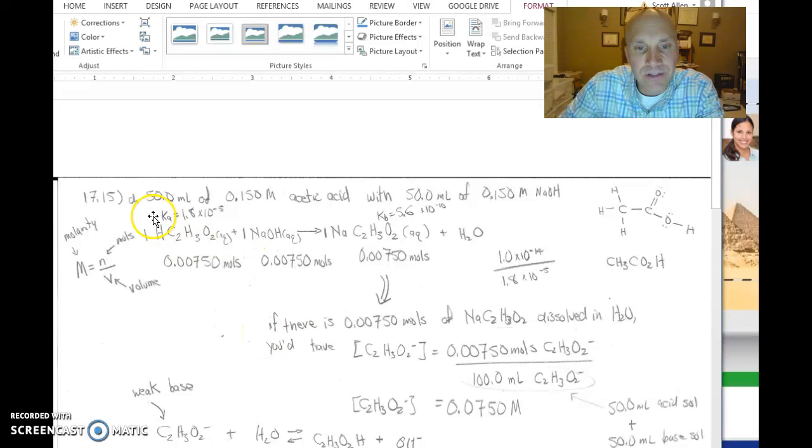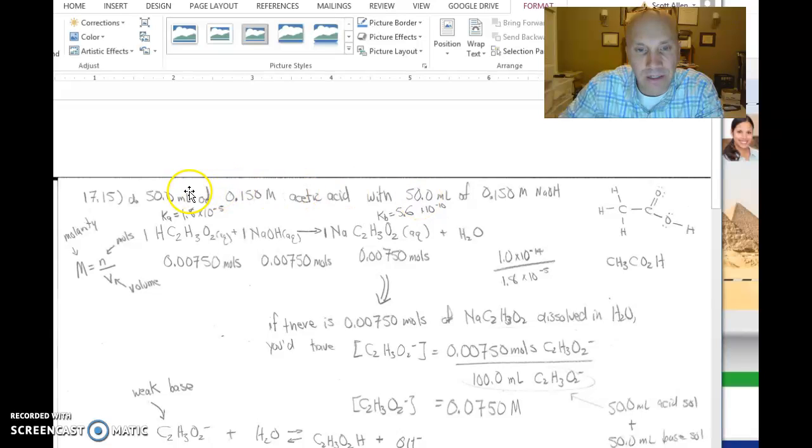Okay, so people have to see a solution of the homework problems that we did in class today. So here it goes. So this is 1715D, all right, and this was the specific case where you're neutralizing an acetic acid solution with sodium hydroxide using 50 milliliters of a 0.15 molar with another 50 milliliters of